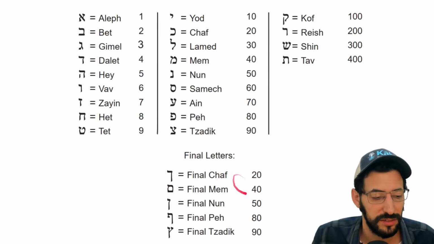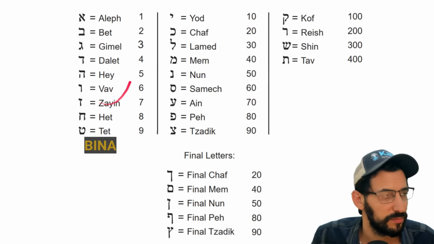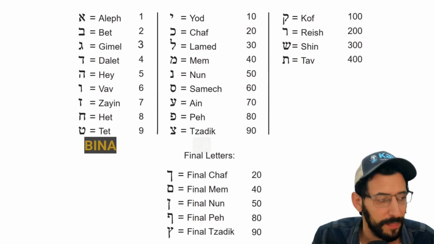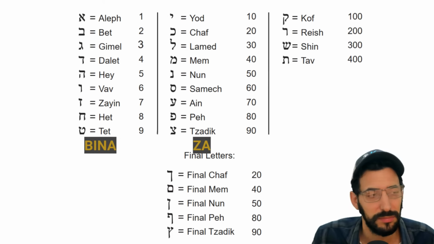And then the final letters have these values. So the final letters have the same value as the regular letter. So Mem is 40, whether it's final or not. So the first group of letters on the left here, Aleph to Tet, they are together considered the quality or the Sephirah of Bina. The second group is considered Zer Anpin, which literally means small face, but it actually represents